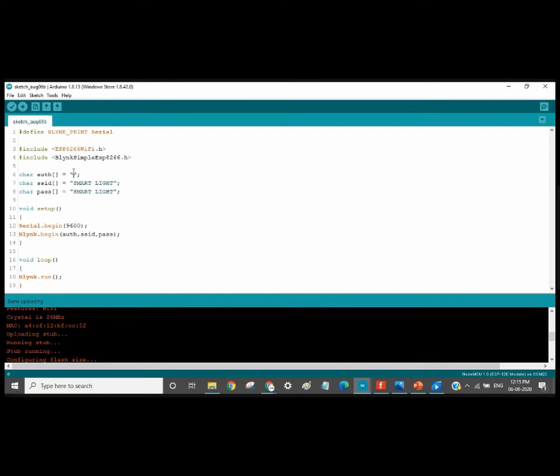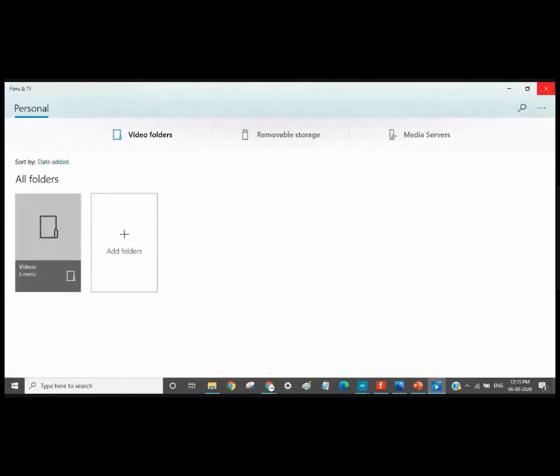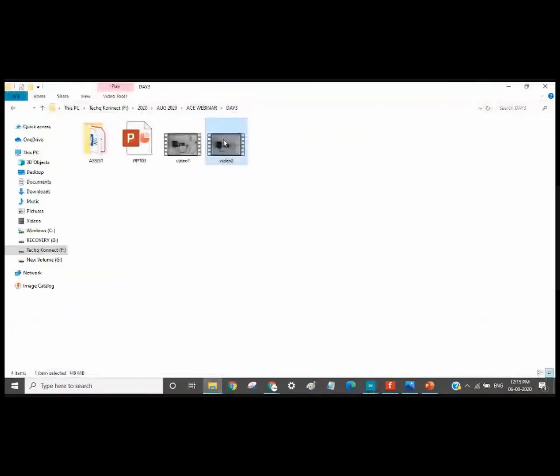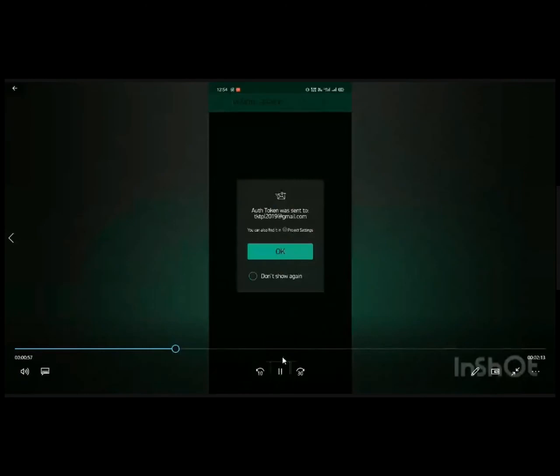For example, the authentication token will be a very big alphanumeric token with special characters also in it. For example, this is the authentication token which I have. This is a random authentication token, but I'm showing you how the authentication token will look. It may also have different special characters. Just a second, it has closed. Okay, so I have added my authentication token into my code.